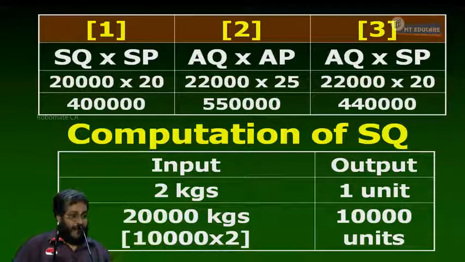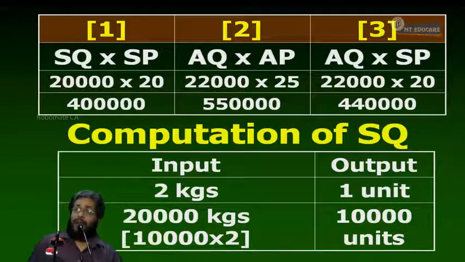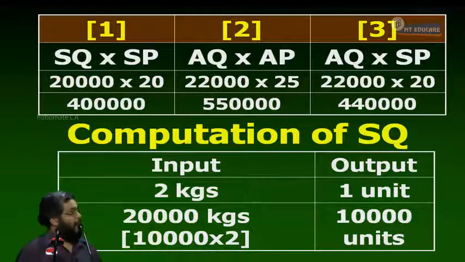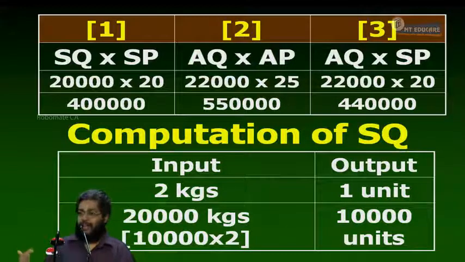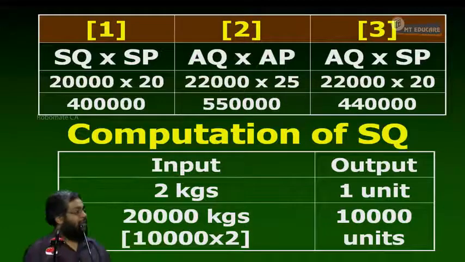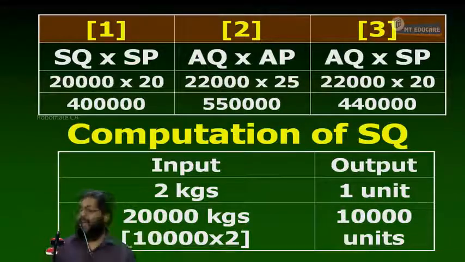Because the raw material price may change or the raw material consumption may change. I may pay a higher price, hence the variance can be adverse. I may consume more, hence the variance can be adverse. It may be due to price, it may be due to usage. I have to break it into 2 further. Everybody understanding it or not? Now let's go for the analysis.